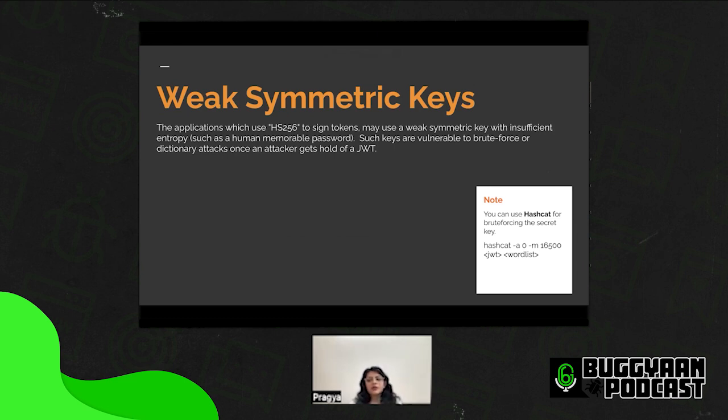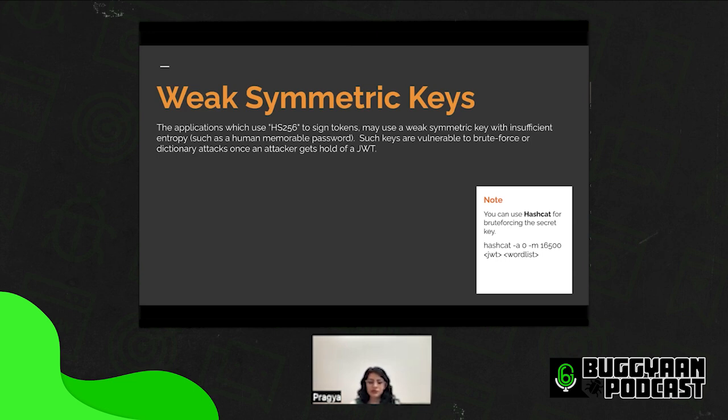In weak symmetric keys, it's not a vulnerability as such. It is more about following best practices. So if you're using HS256 to sign your tokens, and you're using a weak symmetric key, as in a key with insufficient entropy, or a human memorable password, an easy password or key for signing and verifying tokens, we call it a weak symmetric key, because such keys are vulnerable to brute force attacks